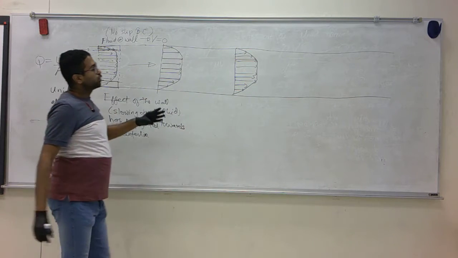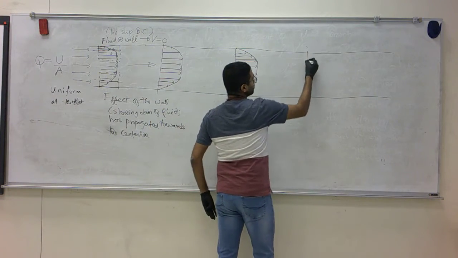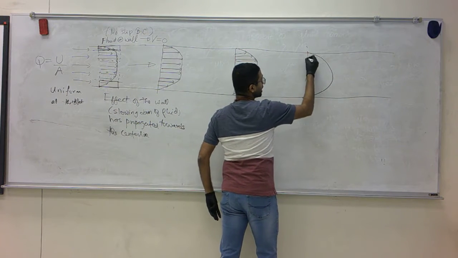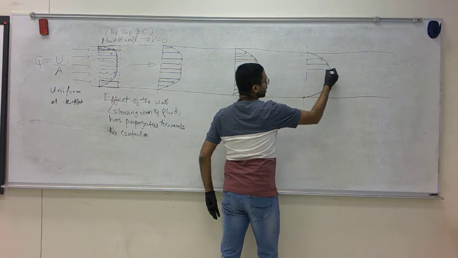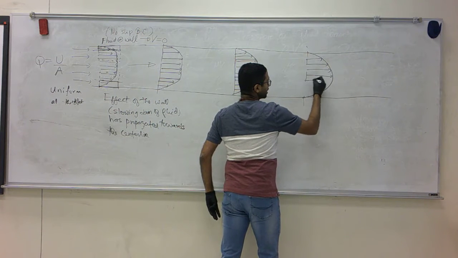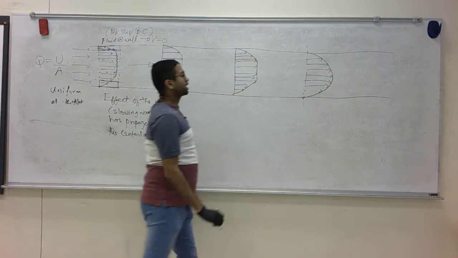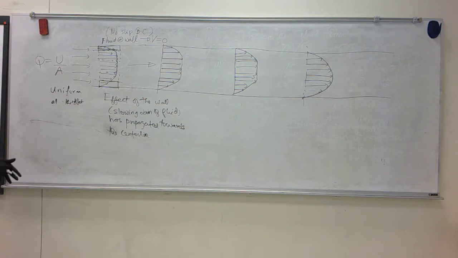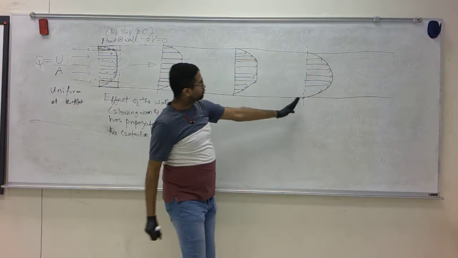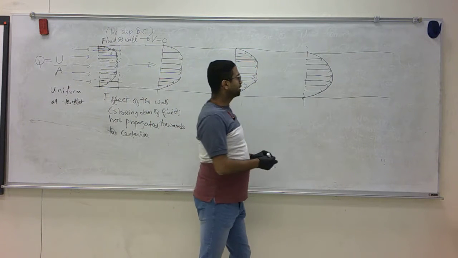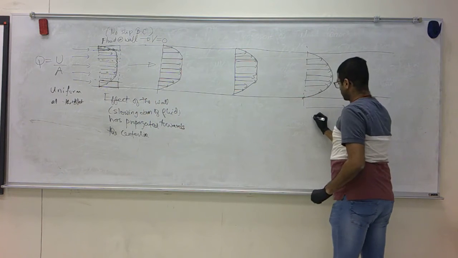At a point, it will reach where the profile is fully viscous, or in other words, the propagation has reached the center line. There is no more effect to be felt because from both sides the effect of the wall has reached the center line, and from here on,